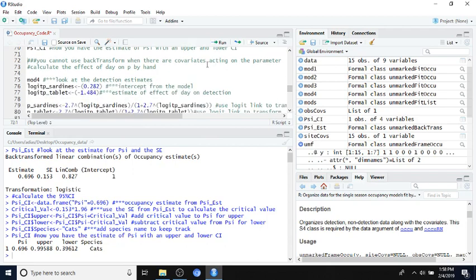So now we want to look at the effects of lure on p. And you cannot use backTransform when there are covariates acting on your parameter. And so because we put covariates on p, we'll have to do it by hand. You are not expected to do this. You can give me just your logit estimates of p. You have to write down, of course, that it's on the logit scale. But you can give it to me. You can get extra credit if you go through these next couple steps and then give me p on the